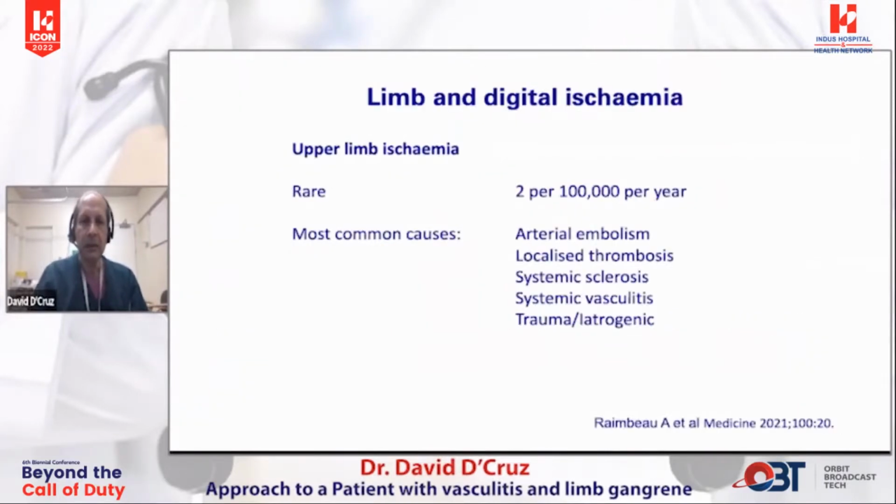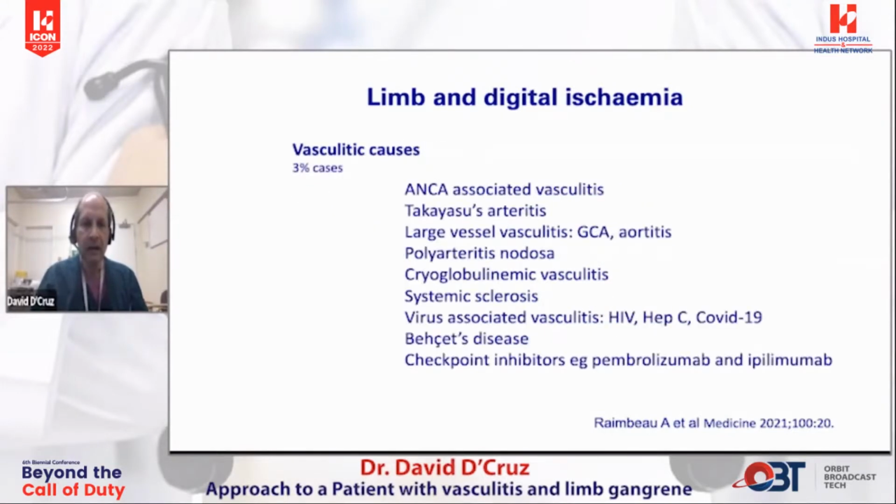So limb and upper digital ischemia is rare, 2 per 100,000 per year from this paper. The most common causes of limb ischemia and gangrene are arterial embolism, localized thrombosis, systemic sclerosis, systemic vasculitis, and iatrogenic disease. For the purposes of this talk, the vasculitic causes comprise around 3% of the total population of limb ischemia and gangrene, and the causes are listed on the slide here, which are very familiar to this audience: